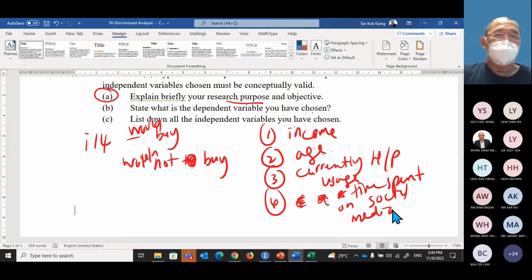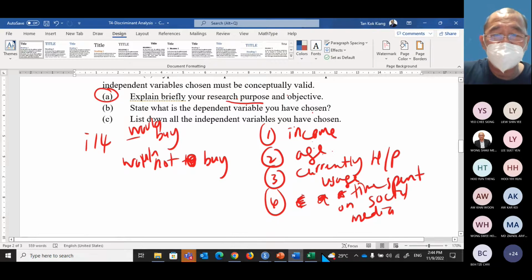One more. Product specification. Actually, cannot use this, because